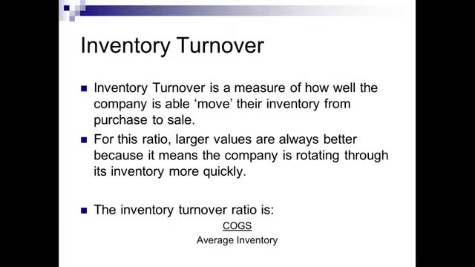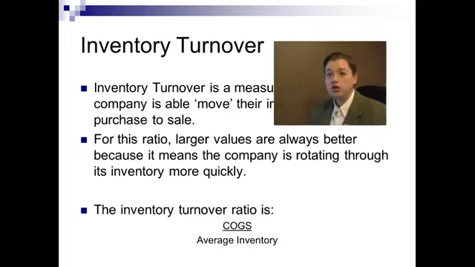Last thing we want to talk about with inventory is how do we track inventory and see if we're doing a good job or not. Well, inventory turnover is probably our best ratio for tracking our inventory and how well we're moving inventory through our system. You can see the equation down at the bottom. We take our cost of goods sold, divide by our average inventory, and bigger is better. The bigger the number, the faster we're churning through our inventory and getting it out the door and to our